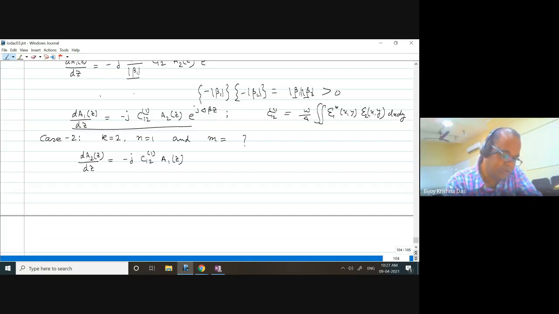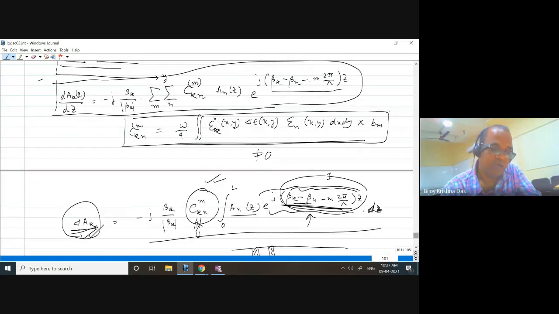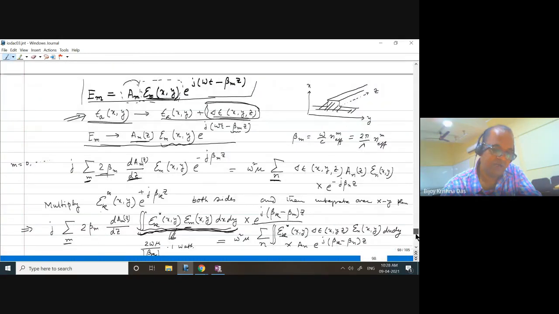But if it is the reverse case, k equal to 1, n equal to 2, I am just putting k equal to 2, n equal to 1. That is possible if it is m equal to minus 1. Because you see, if it is a board, it would have been better. So if m equal to 1, pumping power from A2 to A1, or energy will be flowing from A2 to A1, the reverse direction, only when m equals minus 1. So what I am saying again, a little bit of visualization is required here.